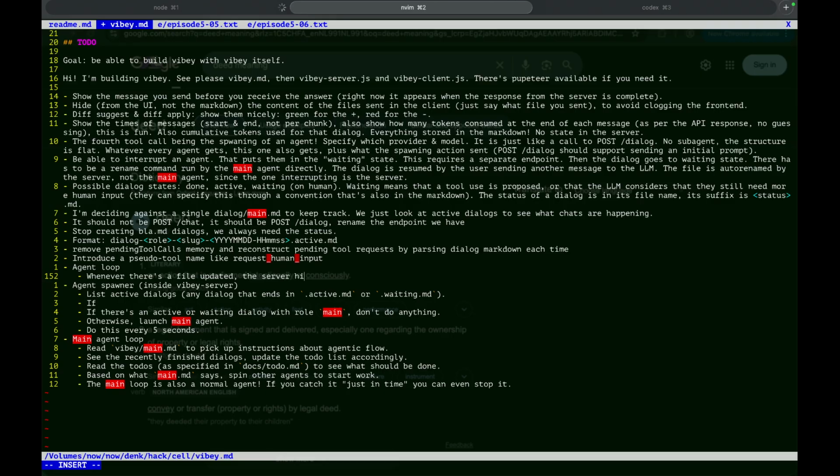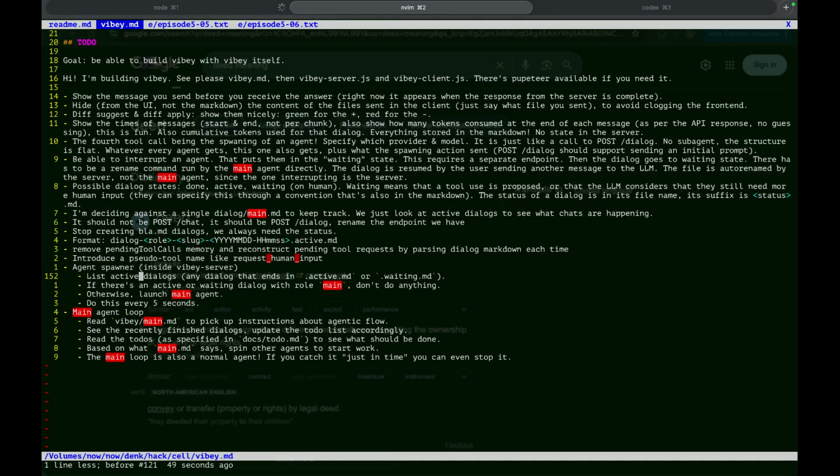The server hits itself at cost dialog with docs main md as, no, actually it's not like that.